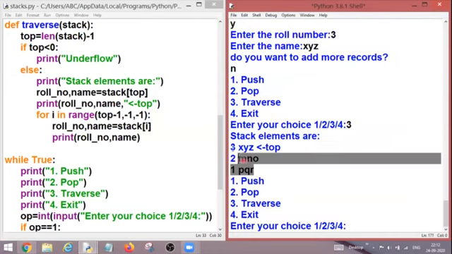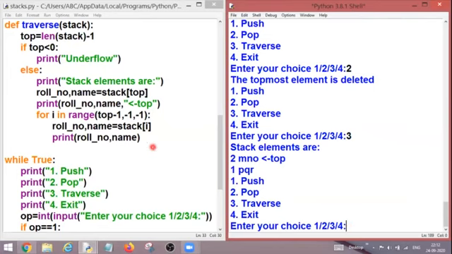So my list will appear in this way now. That means my stack will simply be displayed in this way. And now if I remove, then again the same thing will happen. So it depends upon the user's choice how a user wants to display the elements onto the output screen.